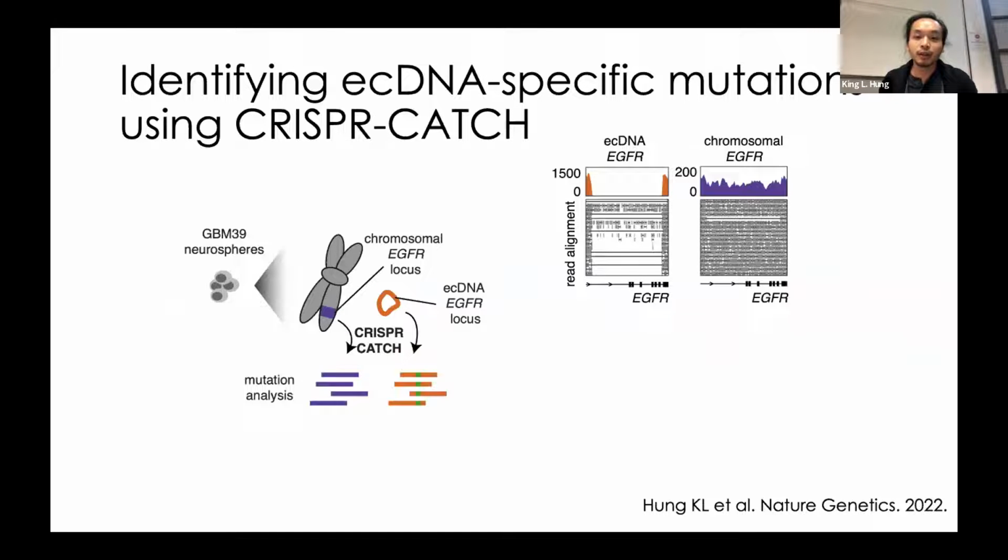in the EGFR oncogene. This is a well-characterized deletion which removes the extracellular domain of the growth factor receptor and puts it in a constitutively active state. And we found this deletion only on the ecDNA and not on the chromosomal DNA, suggesting that this might be either selected extrachromosomally or was formed after the formation of ecDNA.